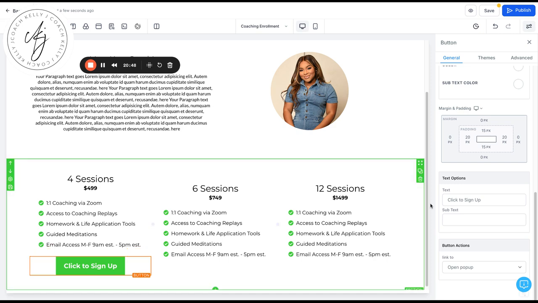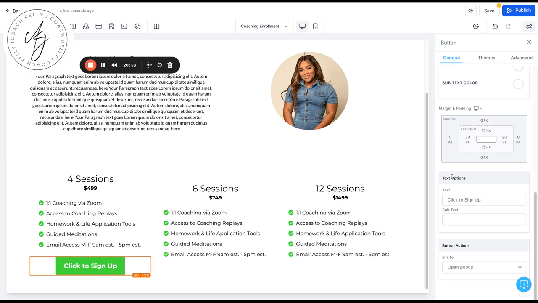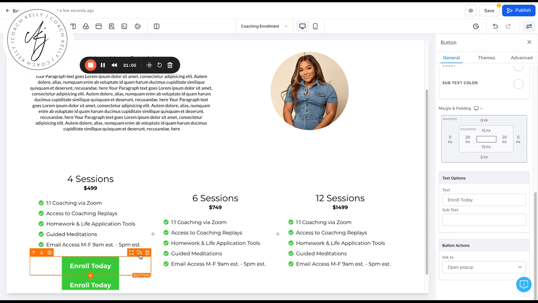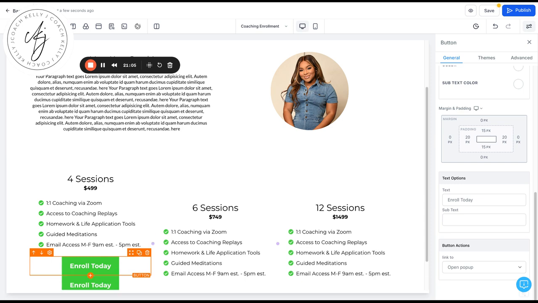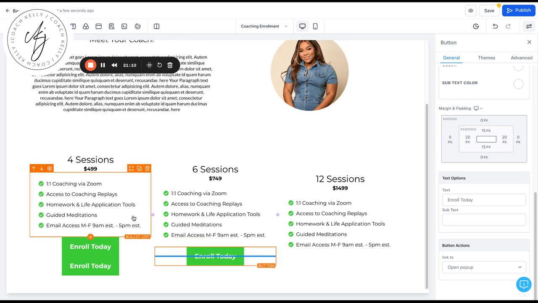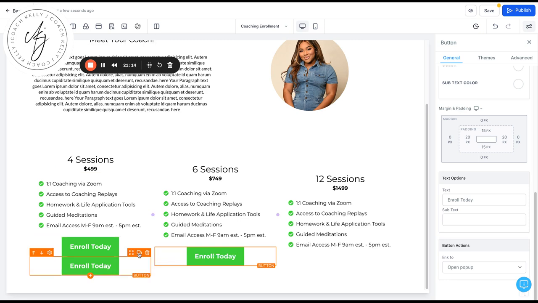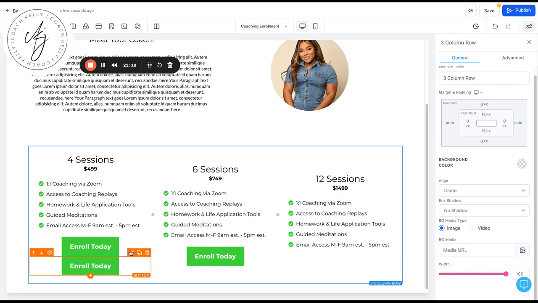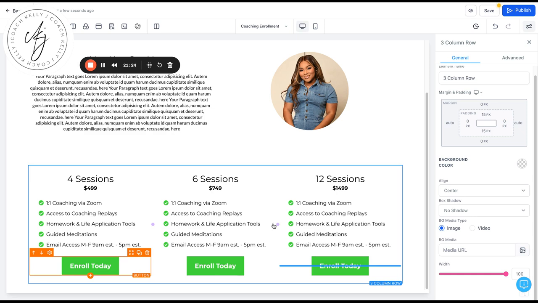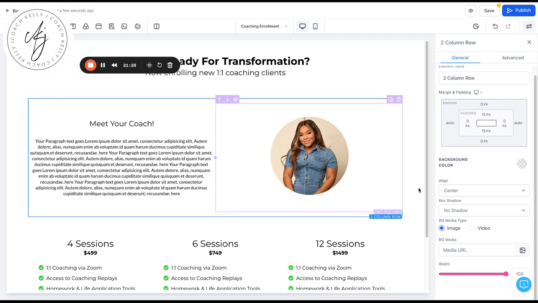And if you want to change what it says, like click to sign up, that's right here in text options. So I can change this to enroll today, which is actually what I use. That's why it popped up when I typed it in. I'm going to duplicate this 2 times, and I'm going to drag this to each section. All of these are going to open the pop-up, but I wanted to make sure that each section has its own button so that people know, regardless of what payment option they're going for, it's all going to be available on this page, okay? So I'm going to hit save